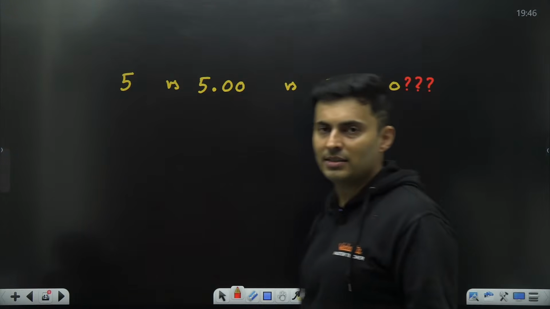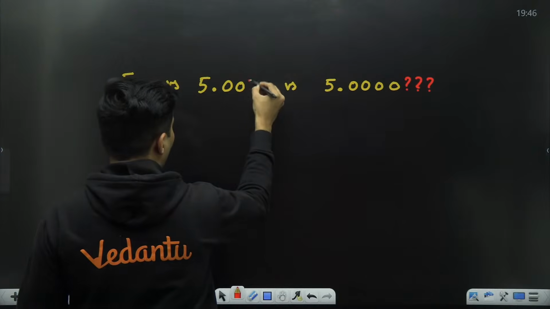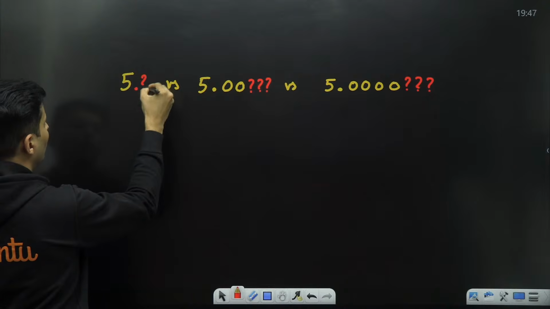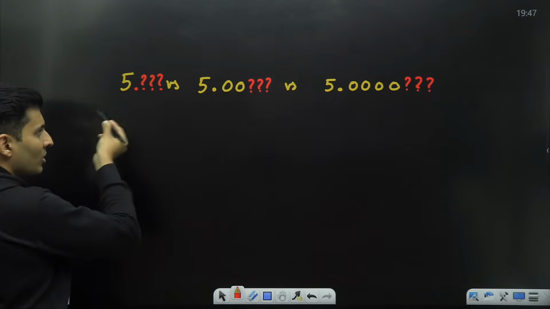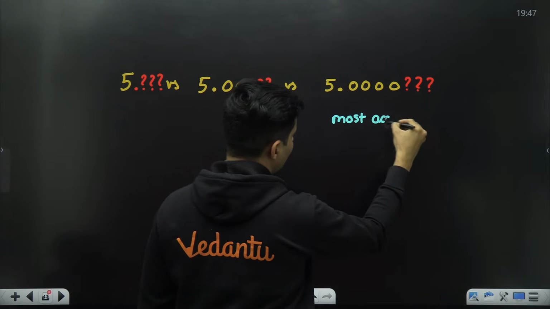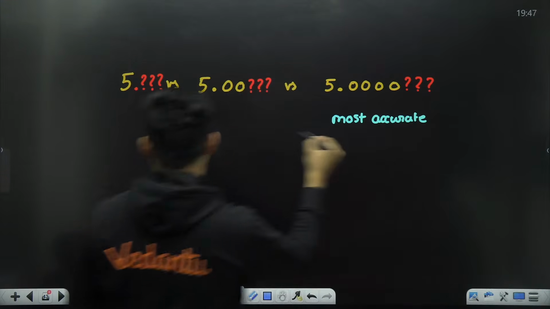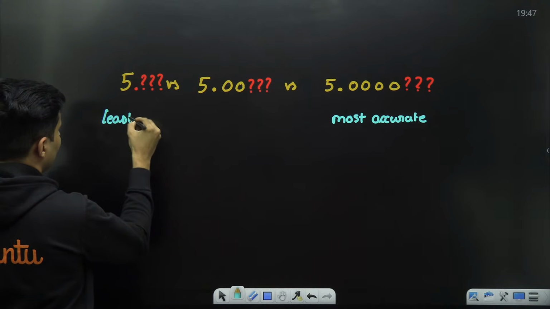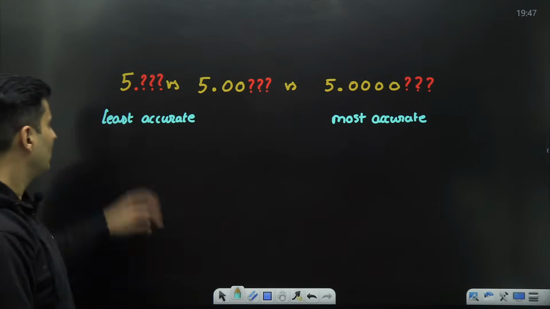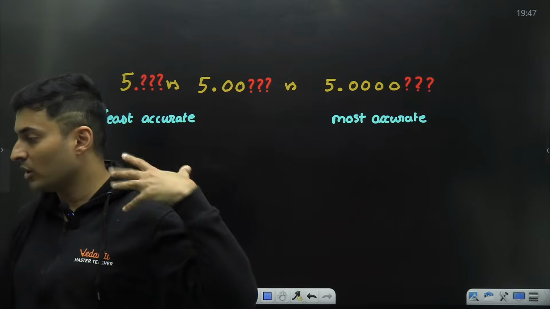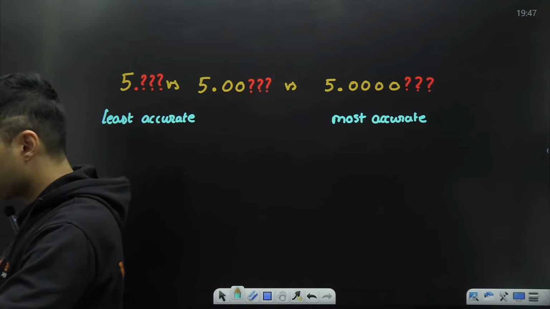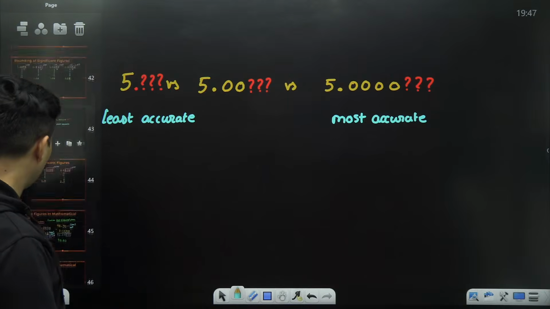It could be any number like 5, 6, 7, 8, 9, anything. Here, I have calculated only till 2 decimal places. Here, I don't know what will come after the decimal place. So 100%, this is the most accurate, precise measurement. This is the least precise or least accurate measurement. Is that absolutely clear? Why is this less accurate versus this more accurate? Because I have taken more effort to calculate till more decimal places. Making sense? Okay, so this kind of thing might also come.